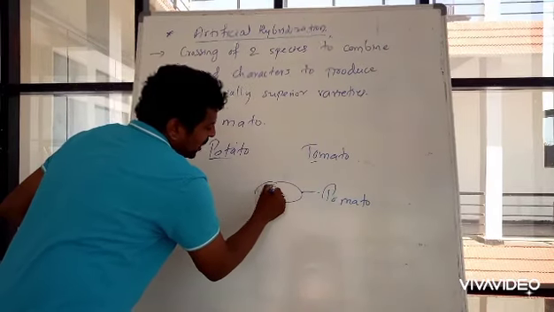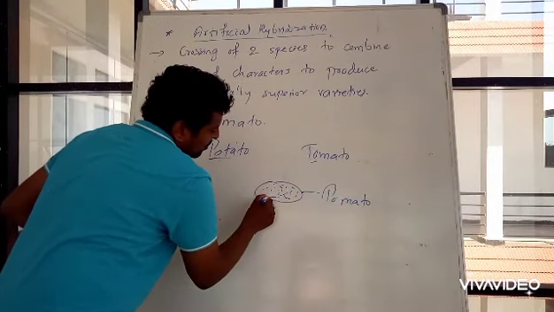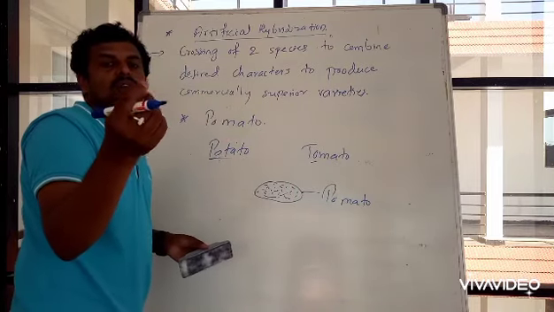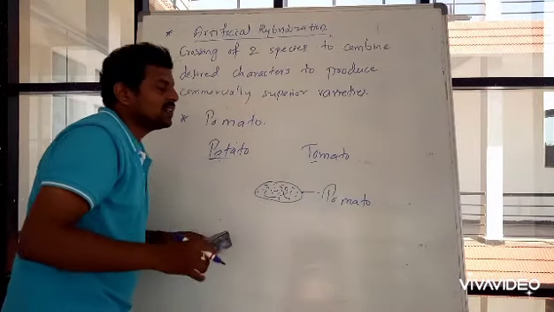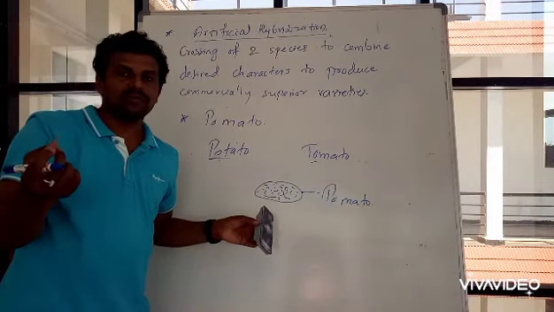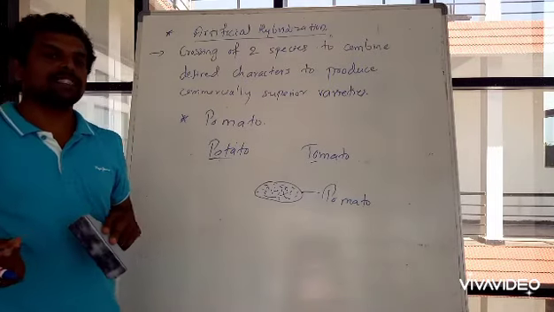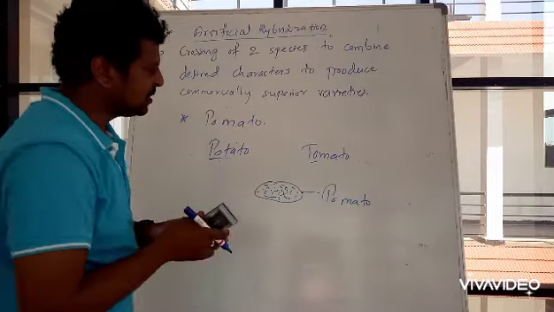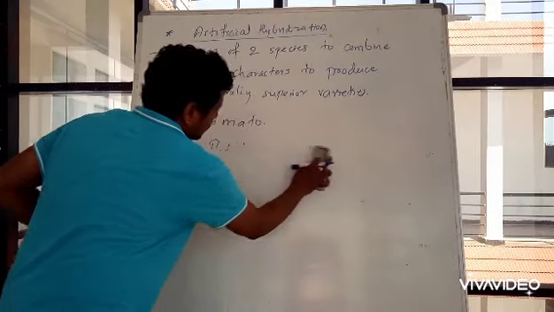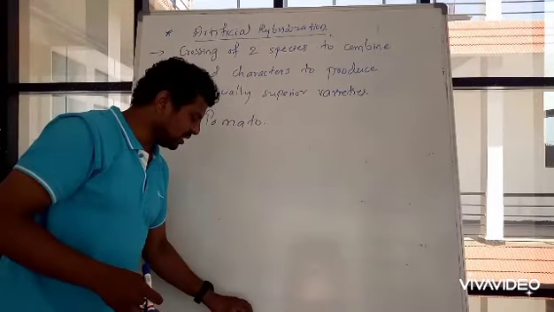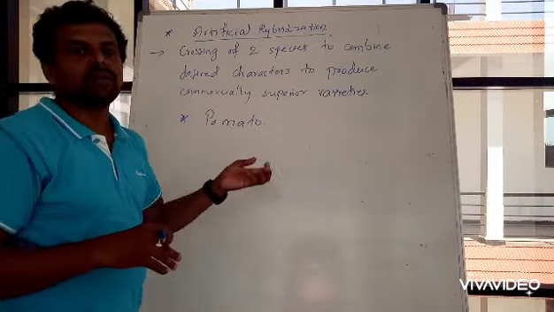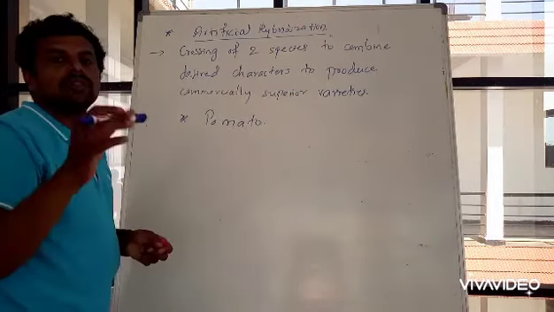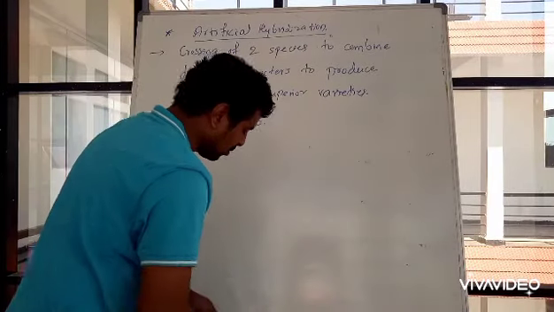So the complete flesh will be tomato-like, fruity, but it will not be having seeds. So this is one hybrid variety. There are so many hybrid varieties. Hybrid brinjal is there, hybrid bananas are there. How those hybrid varieties are produced, that we are going to study.